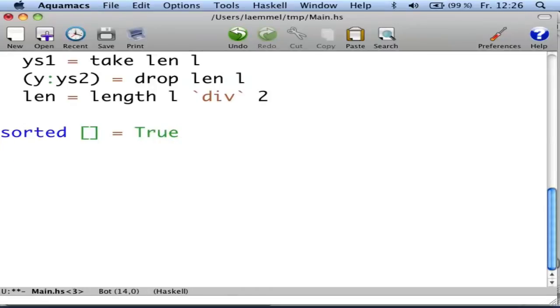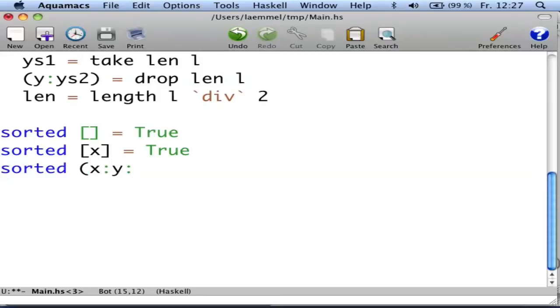Well, we can go one step further. Actually, the list with one element is also sorted, right? Now, it gets a little bit interesting. The list with two elements is sorted if certainly x is smaller or equal y,